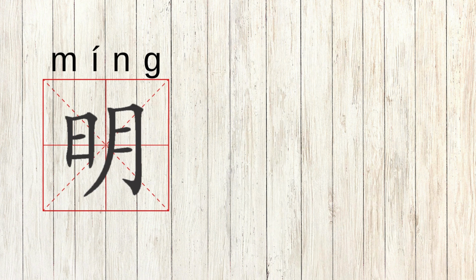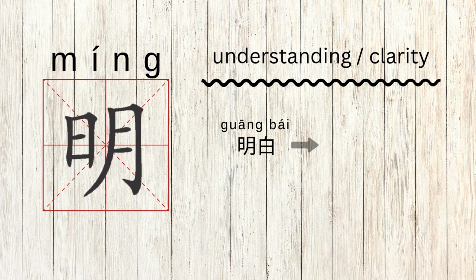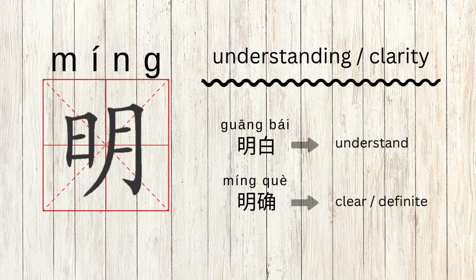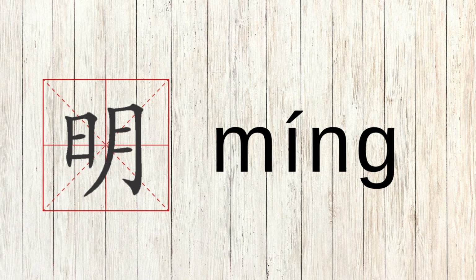In addition, 明 can also convey the meaning of understanding or clarity, as if a light suddenly turns on in the mind, symbolizing realization. For example, 明白 means to understand, 明确 means clear or definite. Now that you are familiar with this character, let us practice its pronunciation. 明